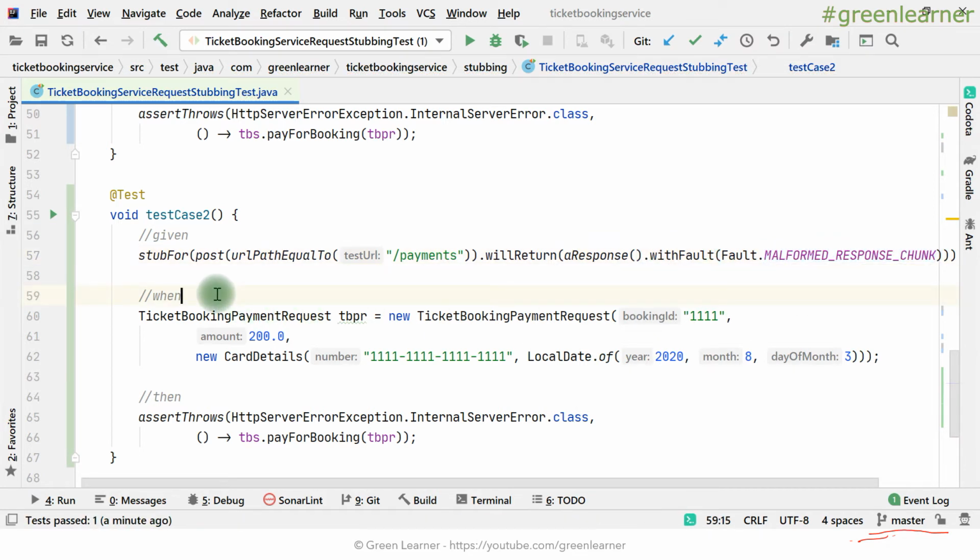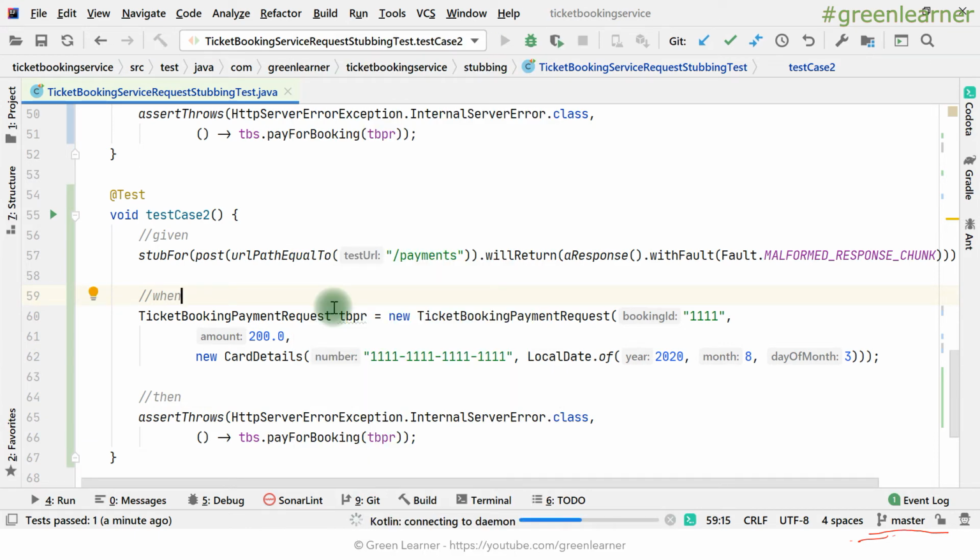Basically, when this exception is there, it means our service is not able to access the third party, so a resource access exception is thrown. Let me keep this internal server error here and just hit this. We will be getting the assertion error, right? It is expecting something else, but actually it is throwing something else. So then we will make the changes here.